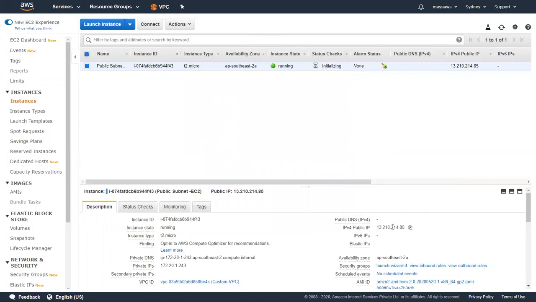You will see the public IP address assigned automatically. Copy this IP, and you will see that the private IP is 172.20.1.243. That means it is in the public subnet range.